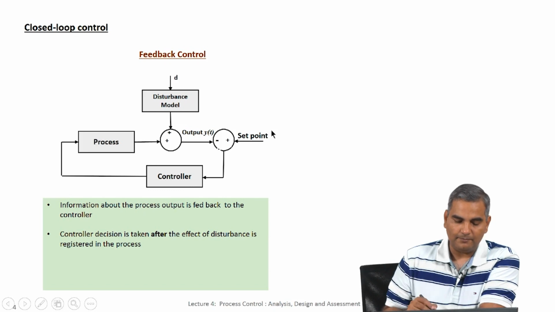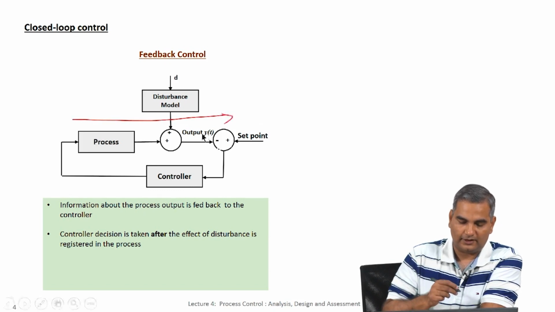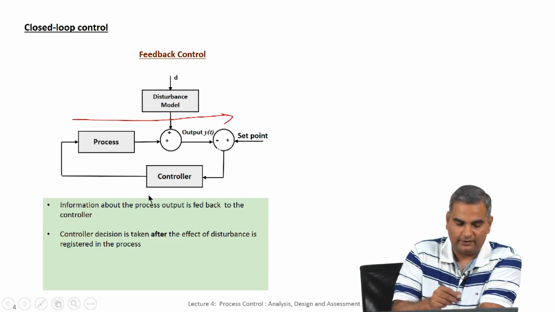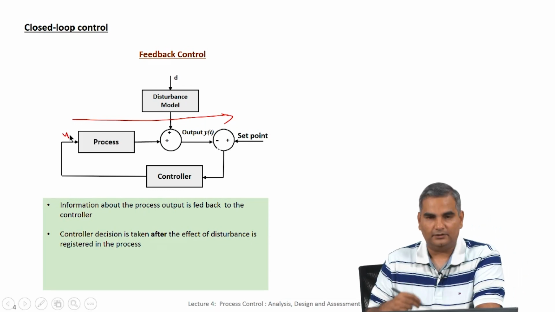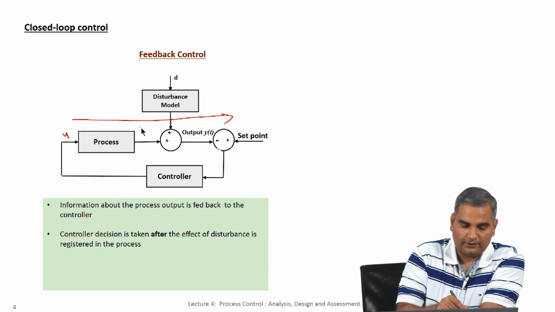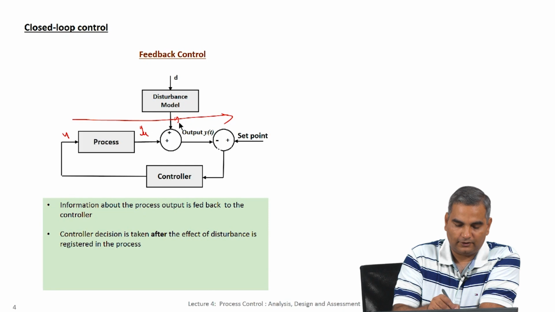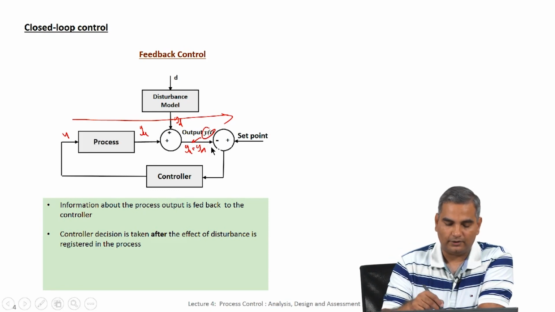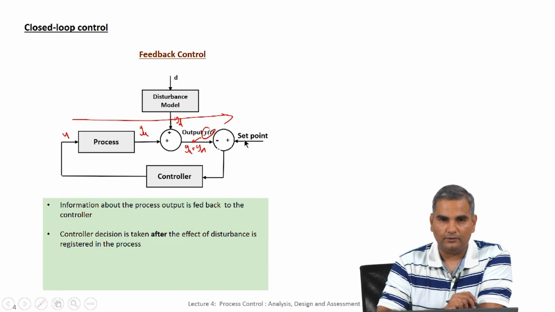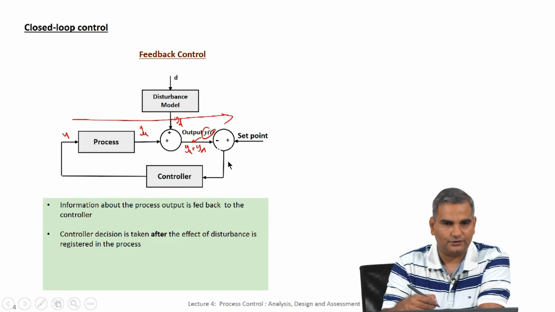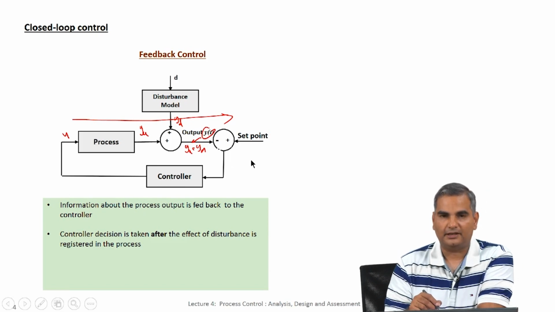If you take this again, start from here and go in this direction first. We will worry about how we get this u value, how we close the loop, later. First, let us say this is the u, this is what the controller is saying the manipulated variable value should be, and as before this is the effect of that on Y, and this is the effect of disturbance on Y, and I have YU plus YD, which is the actual output that we measure. And what we really want is for this output that we measure, Y, to be at its set point value. Now, if it is at its set point value, we do not want to do anything, but if it is not at its set point value, what we do is we generate an error term.